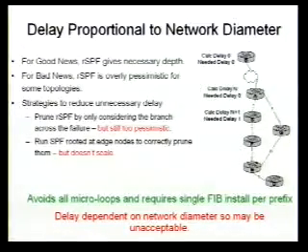In this particular topology, for instance, there's a whole cloud of routers topped by B, which are always going to go through A in order to reach D, regardless of how the topology inside changes. But A can't tell that with the computation. And the advantage here is, well, you do avoid all your microloops, but it requires a single fib install per prefix, but the delay is dependent on your network diameter, so it may not be an acceptable solution.